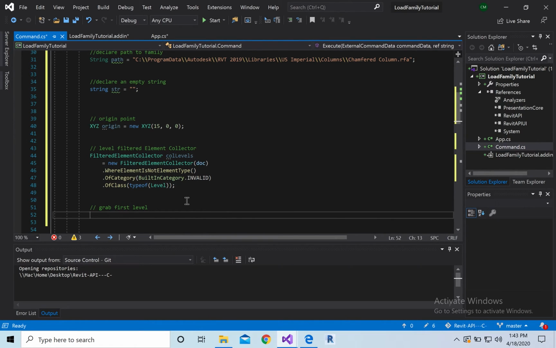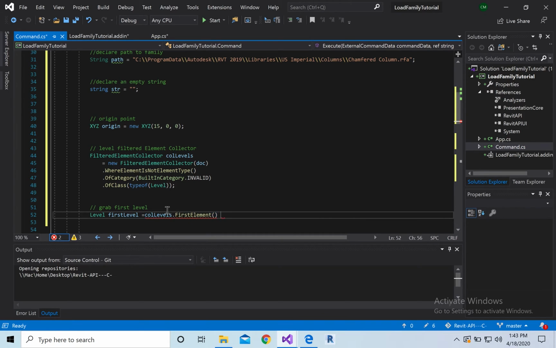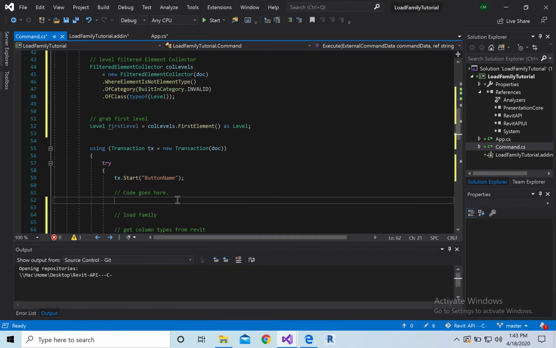Okay, grab the first level. First level. This is grabbing, again, the first level in the collection that we did up here. Okay. Cool. Levels dot first element as level. All right, now inside the transaction, we are going to